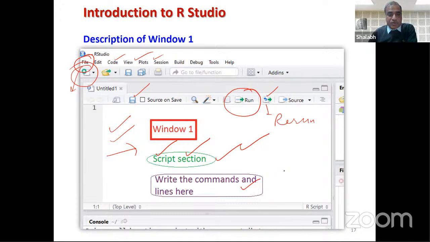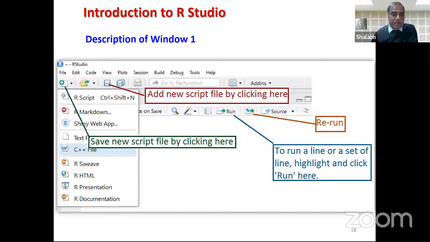Right. Okay. Now in this window, if you try to open a file, you will see here the R script, R Markdown, Shiny, Text, C++, etc. As I said, there will be many more applications of RStudio, but at this moment we are working only with this R script file. And if you click over here, this will save the file, this will open the file, and